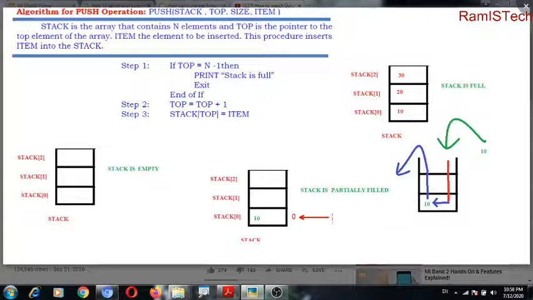So now the top value 0 we are substituting with n minus 1. N minus 1 how much? N is the size of the array. How many elements can we accommodate? 3 elements. So n is 3. 3 minus 1 is 2. So 0 equal to 2. Is it true? 0 is different, 2 is different. So it becomes false. Correct?